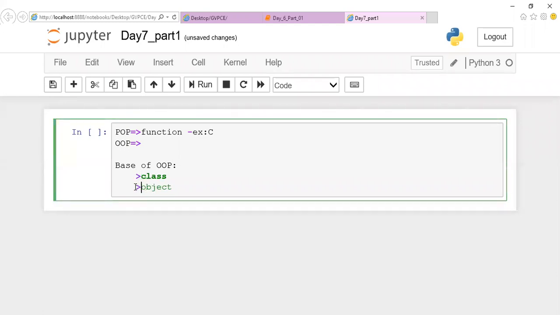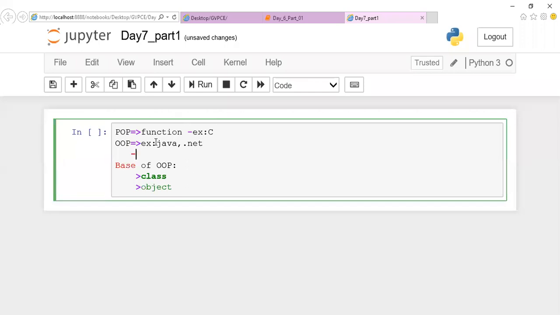Before moving on to what object oriented programming is, we'll see some examples. What are the programming languages built using object oriented programming? We can say Java is purely object oriented, and .NET as well.